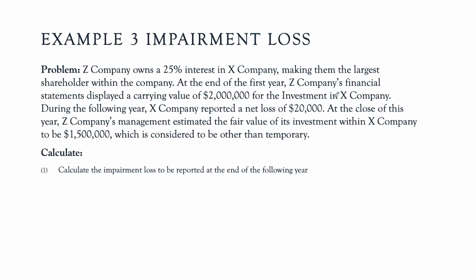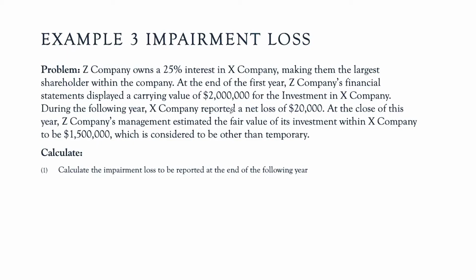So at the close of this year, Z company's management estimated the fair value of its investment within X company to be $1,500,000, which is considered to be other than temporary. So now it wants us to calculate the impairment loss to be reported at the end of the following year. Well, first we have to find our carrying value and compare that to our fair value to find that impairment